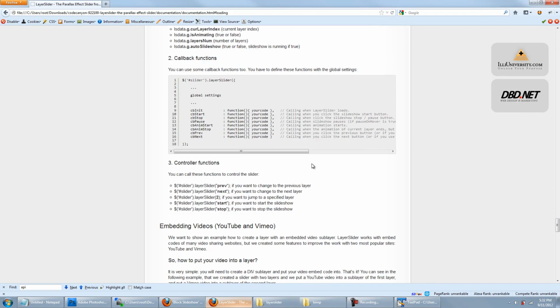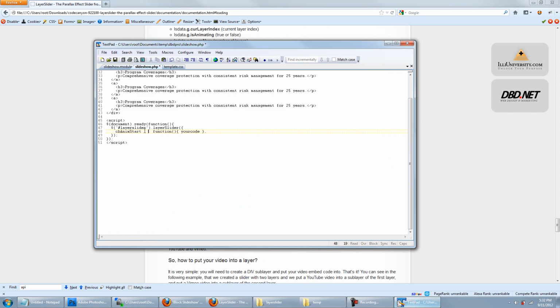And this is what allows us, when the animation happens, every time it goes to a new slide, to call our own callback function, which is going to allow us to do our custom code. So the way this would work is we would have our own function. Let me first just show you here. In here we would go function, and we would call this, let's say, slideshowCallback. Okay, so I just created a JavaScript function, slideshowCallback, and we're going to call this function right in here. So now every time this slideshow goes to a new slide, it's going to call this. So whatever we do in here,